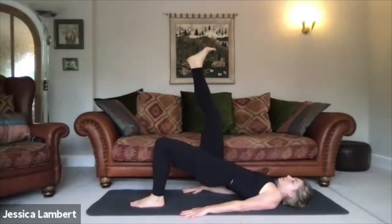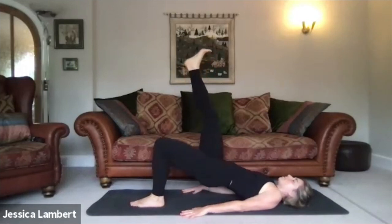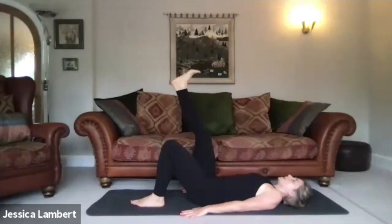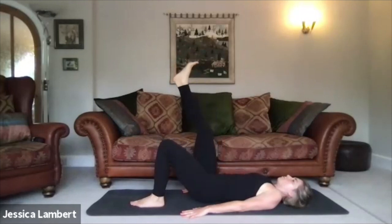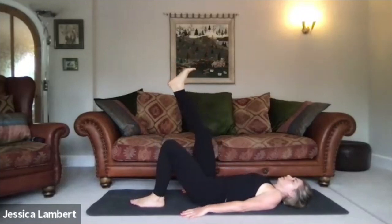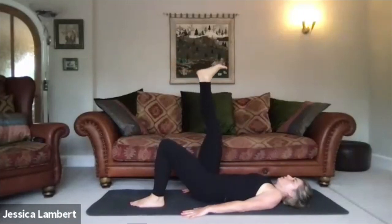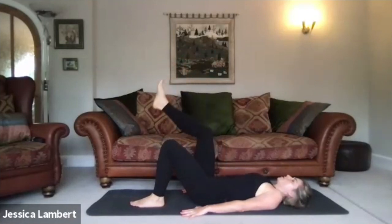Lift, lower, lift, lower. Just as you're doing it, really have the intention of lifting both hips, lowering both hips, lifting, lowering. Two, lower, last one, lower. Slowly bring the right foot down,